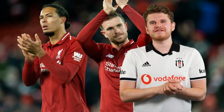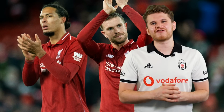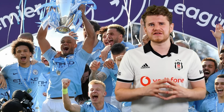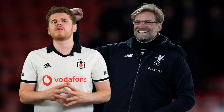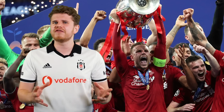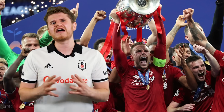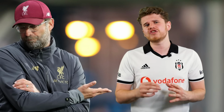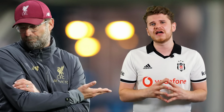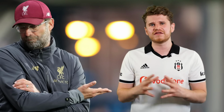After a bittersweet season that saw Liverpool record 97 Premier League points only to finish second, a point behind winners Manchester City, but then go on and win the club's 6th European Cup, Jurgen Klopp will surely want to invest in his squad to close the gap at the top of the table. But who should they sign? We're going to go through 5 players that Liverpool could sign to turn themselves into Premier League title winners, starting